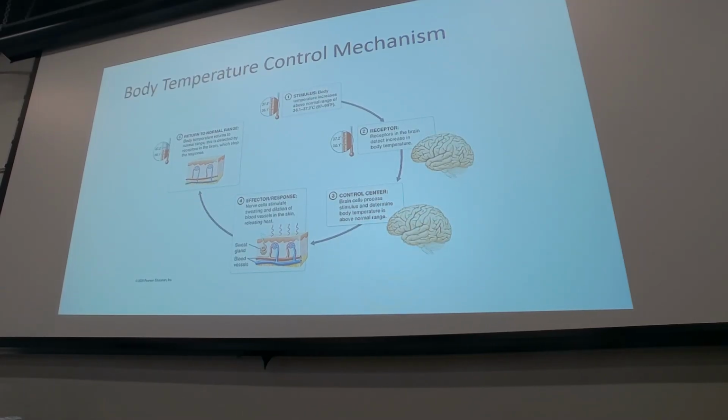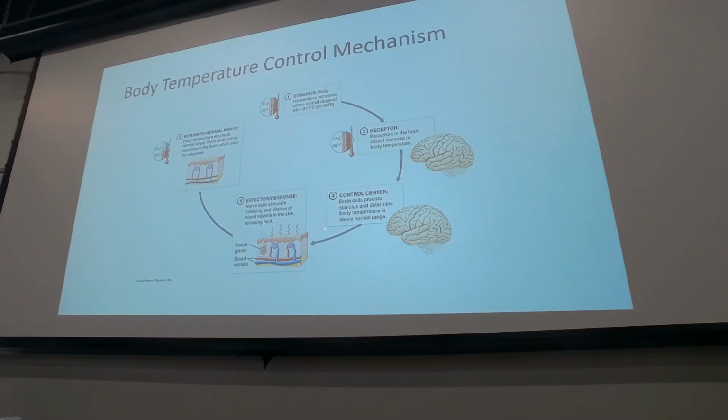So here we have a thermometer measuring body temperature. The body temperature can range between 97 and 99 Fahrenheit. This signal is detected by a thermoreceptor that sends the signal to the control center in the brain. For instance, if your body temperature goes above 99 Fahrenheit, your thermoregulatory center in the hypothalamus will